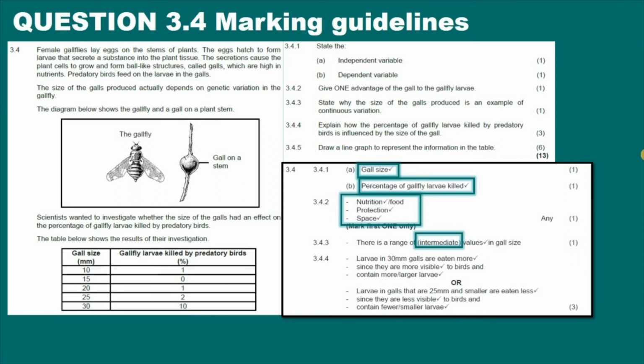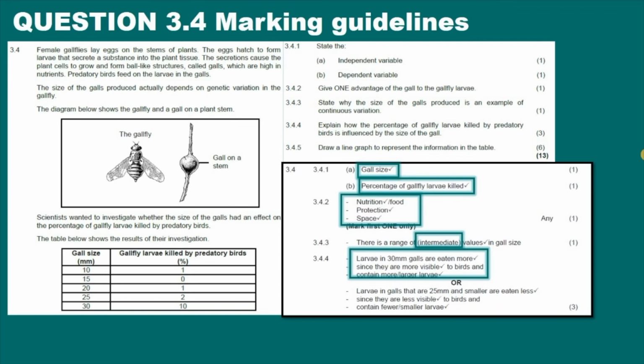Then explain how the percentage of gullfly larvae killed by the predators is influenced by the size of the gull. So here you have to think a little bit out of the box. So here you will state that the larvae in the 30 millimeter galls were obviously eaten more. That's one mark. Since they were more visible, second mark, or because the bigger gall obviously contained more larvae or